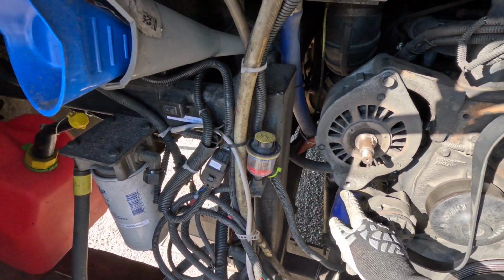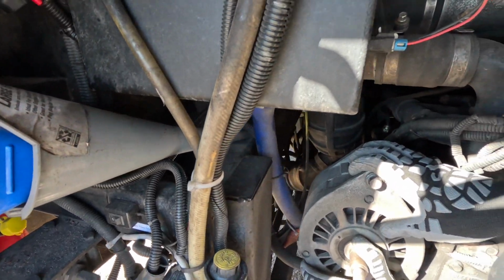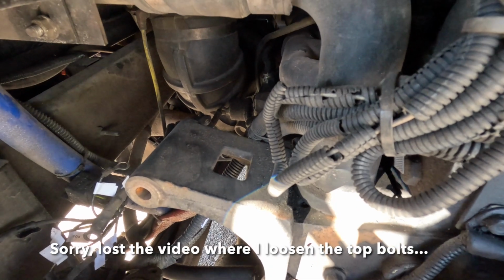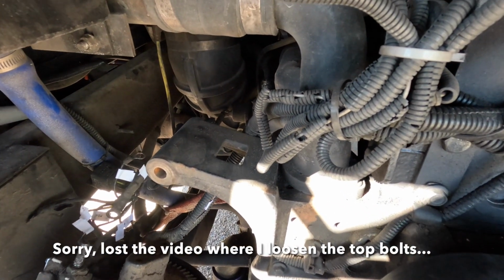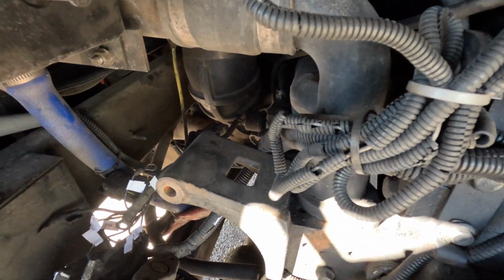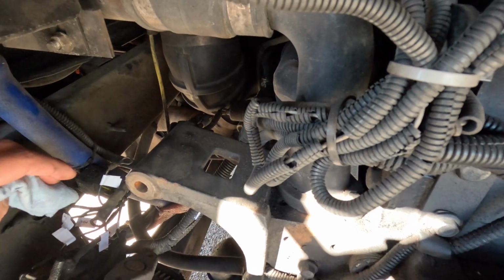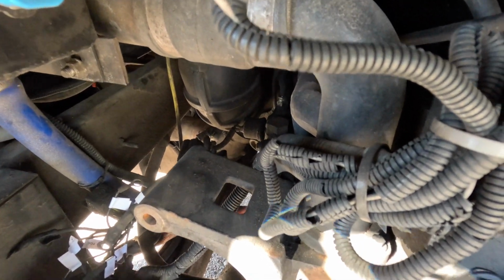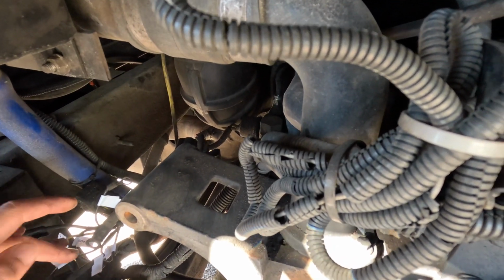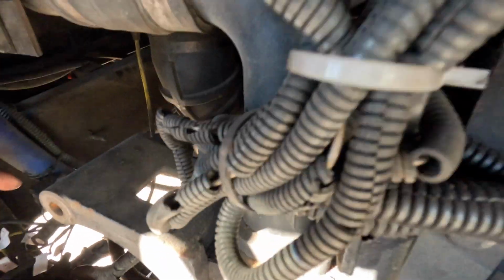Okay, the bottom bolt was removed, not too difficult here. Now the challenge is the top one. Okay, I have labeled all the wires going into the alternator. Make sure you do that, otherwise you will have no idea which one goes to which. And at this moment I don't know which wire is for which actually, but I have labeled them at least to group them. Like this one is number 1, and this is number 1 terminal,